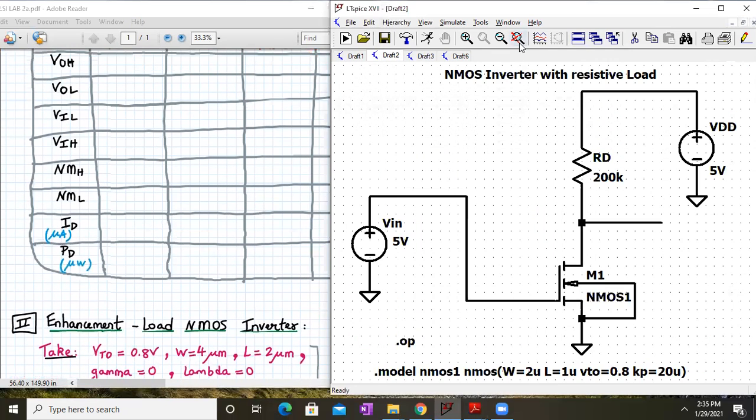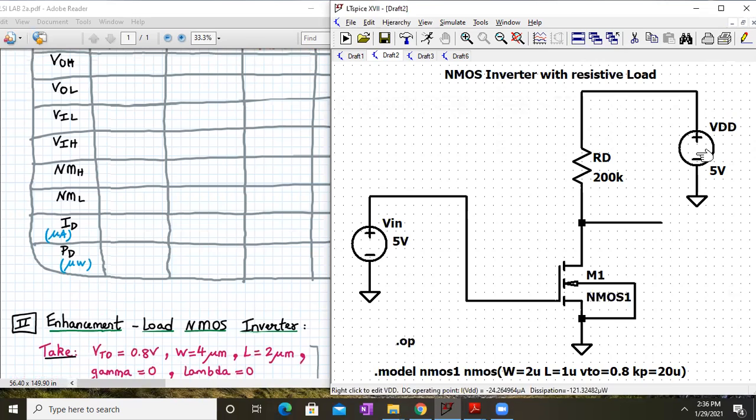And once we know the ID value, we can determine the value of power. Okay, so how to determine the value of power? You just place your cursor over here. Okay, you see over here downstairs, you get the power in the supply. So power in the supply, it's around 1.32 microwatt. Okay, don't worry about the minus sign and all that.